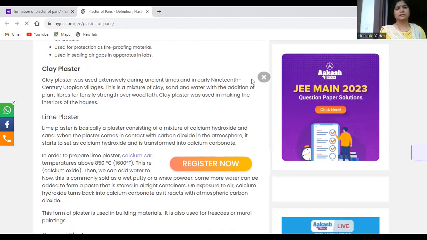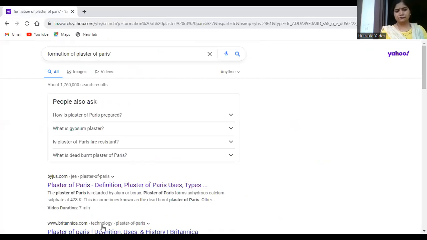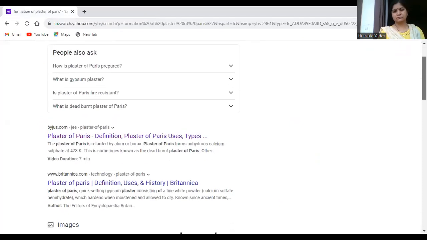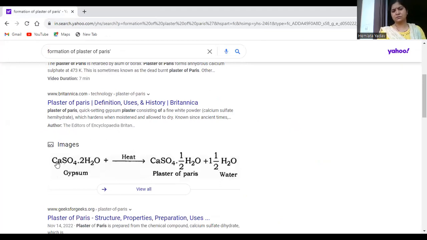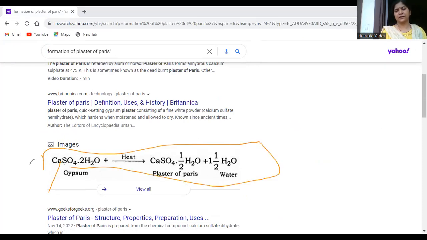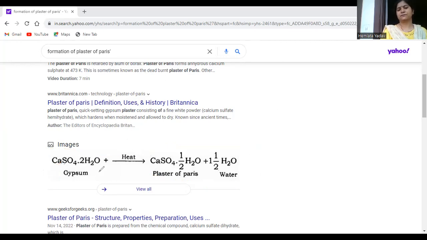and here the chapter finished. So this is the reaction. Also, you can see calcium sulfate dot 2H2O, that is gypsum, when it is heated. Then this is the reaction. This you have to learn, that calcium sulfate dot 2H2O is the formula of gypsum. When it is heated, it changes into plaster of Paris and half H2O. So plaster of Paris we get like this. So with this, we have discussed and covered all the important topics of